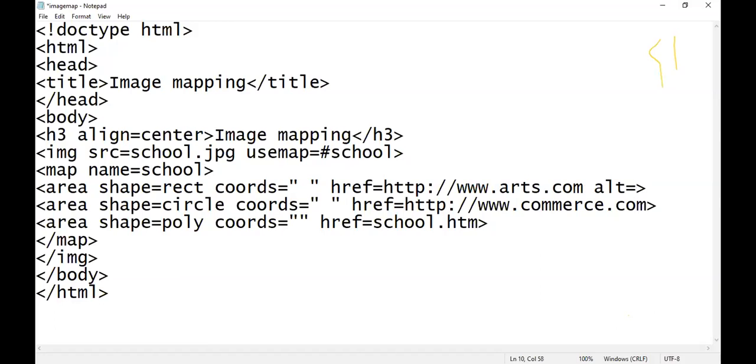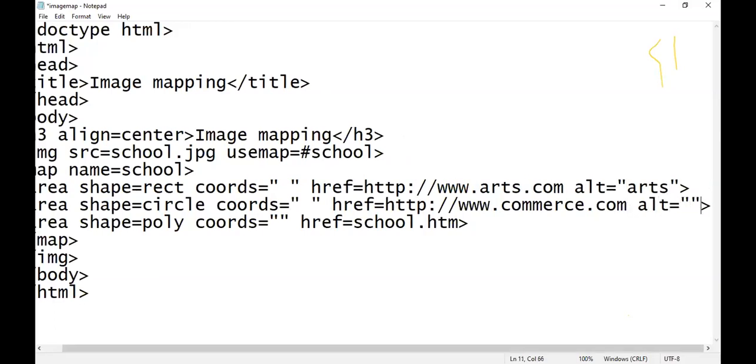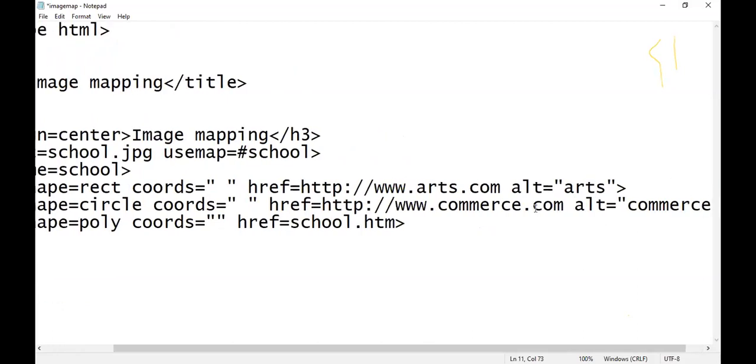You said alt. Okay, so here I can use the alt attribute, and with the alt attribute I'm writing here arts, here alt, commerce, and here alt is equal to, in double inverted commas, science, right?